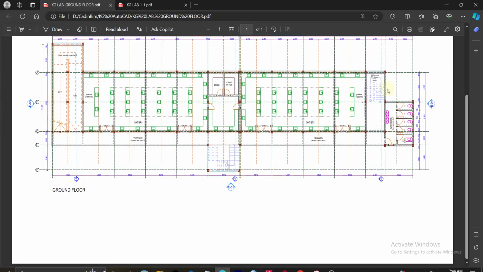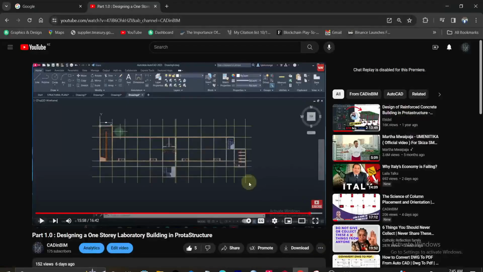So I think now we are okay. And now what you can do, maybe you can just rename this as the lab. This is also a lab. This is the staircase, but for a staircase we just indicate a void. So this is lab A, lab B, this side will be for the toilets, this one will be for the ramp. So you can simply come here